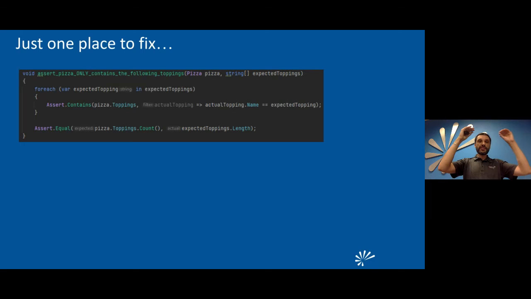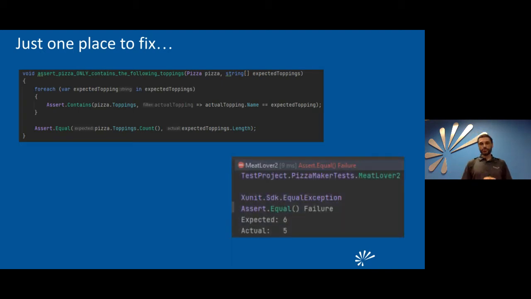So again, by having that assertion as a method that I control, I can come in and implement something where I say, besides checking that the expected toppings are on the pizza, also write something to make sure that you're not getting anything else. In this case, I'm just going the easy route to say, count the toppings, because if I have the ones expected and the count is the same, I feel pretty positive that I'm not getting anything extra, right? So that's another benefit of centralizing your assertions based on the business thing that you are checking.